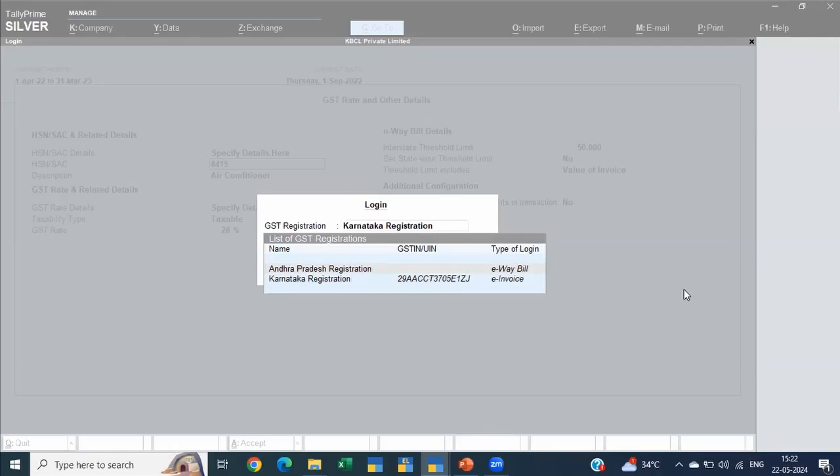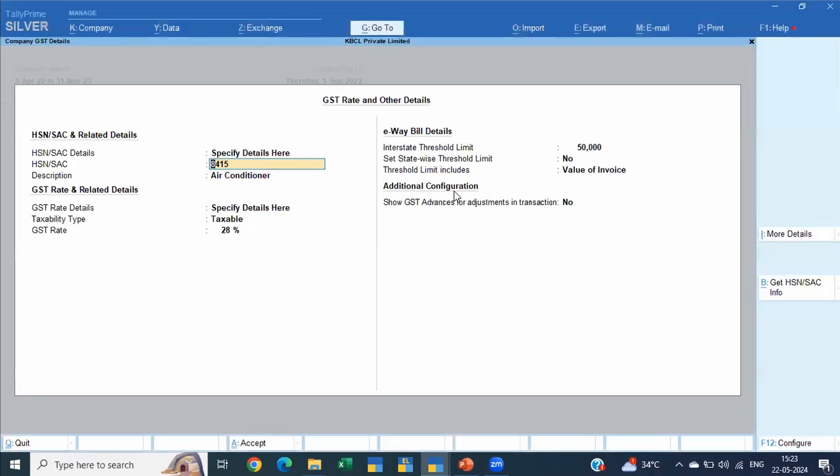Right now, I do not have it, but the moment I lay my hand on it, I will show you this. So the moment you put this in, the entire HSN information will be shown there. You can pick it up, your description will also be shown there, and you can verify it and then update it.